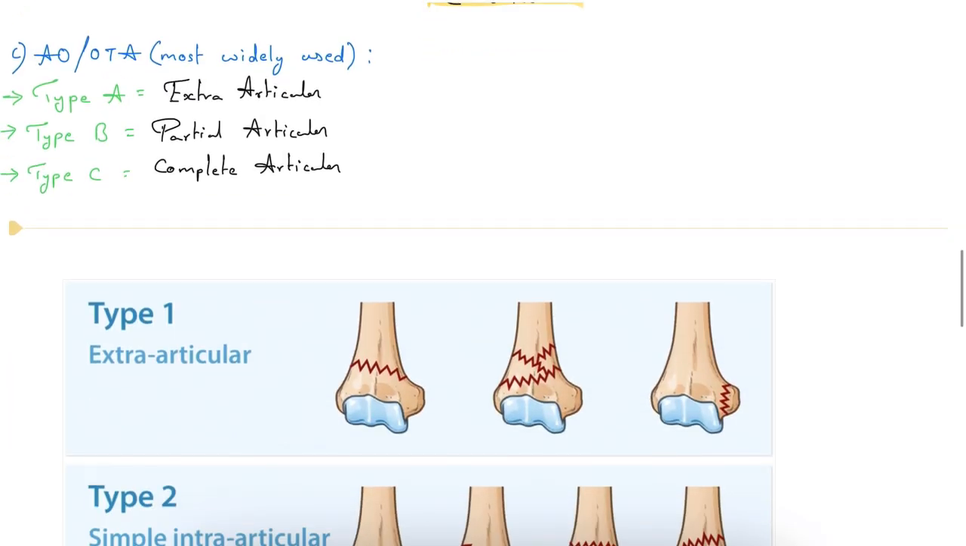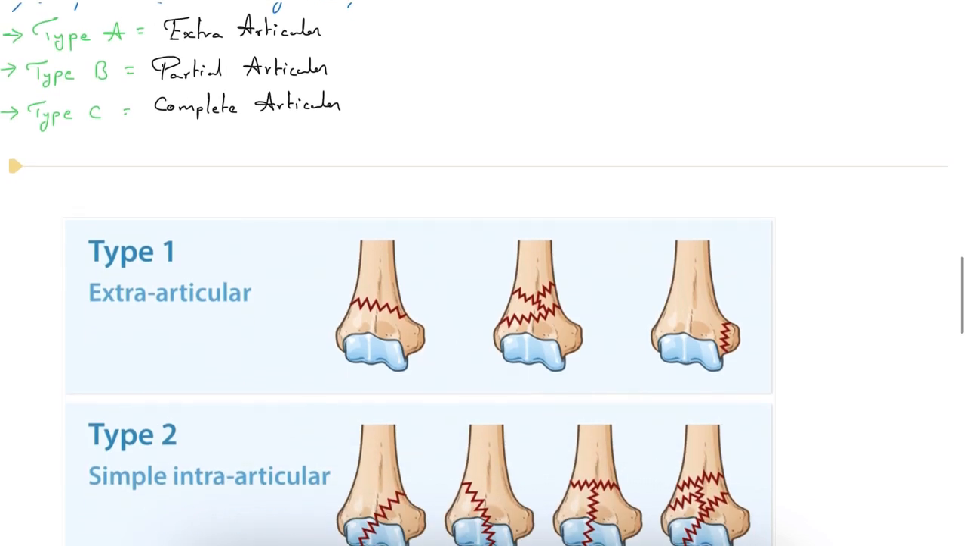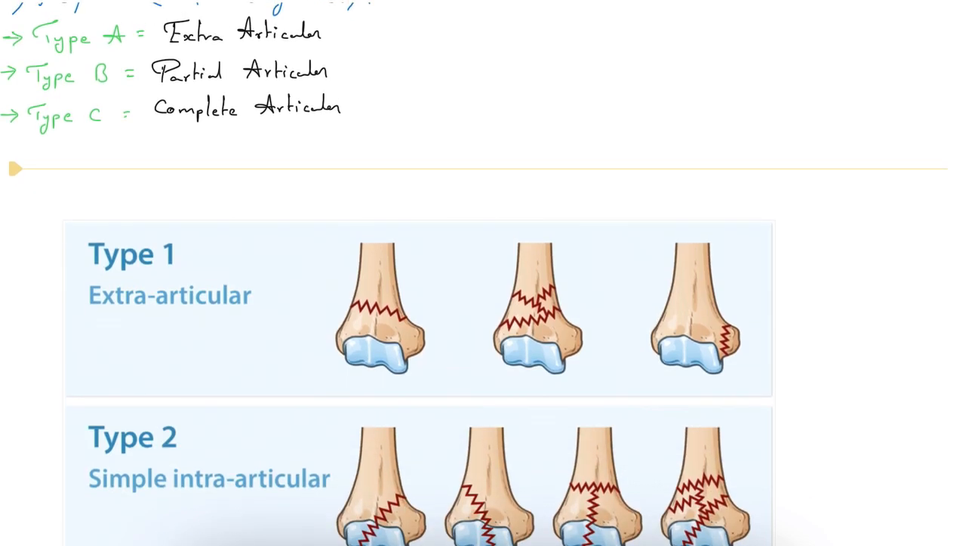Okay, next one, the AO classification, based on the Orthopaedic Trauma Association. Mostly we are most widely using this type of classification. We have a total of 3 types, that is type A, type B and type C. Type A, or we can call it type 1, is extra-articular. Articular means the joint, and here if any fracture happened out of the joint,